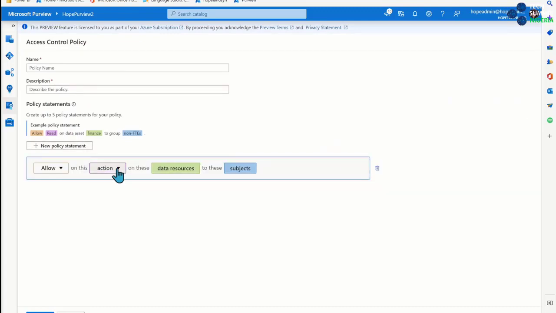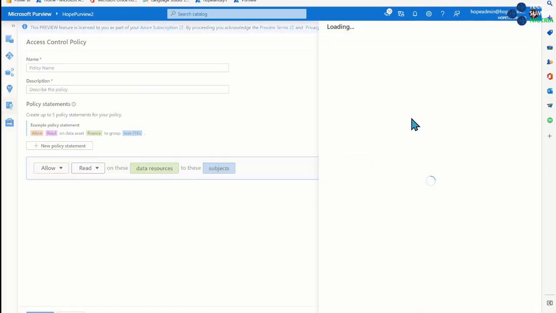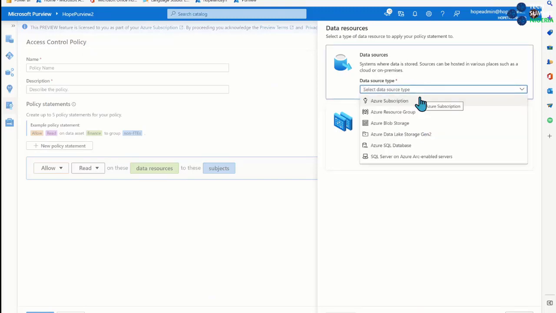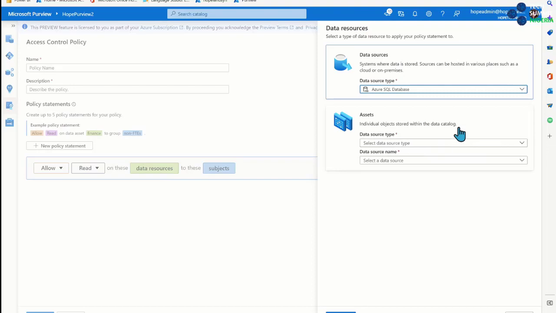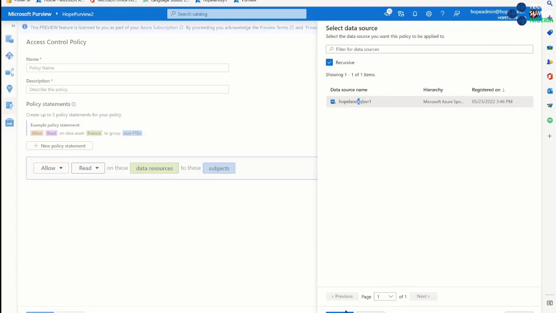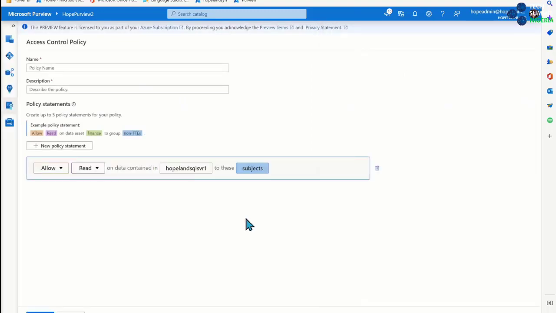I can set allow, I can set read rights for, and the list of sources is pretty small right now. But if I have an Azure SQL database, I can set data policies for certain data sources within Purview.